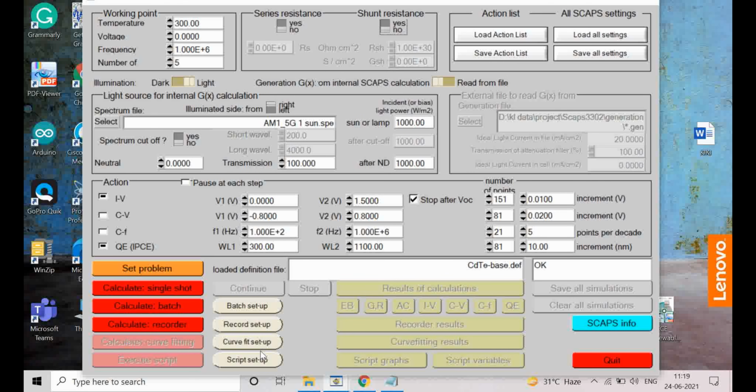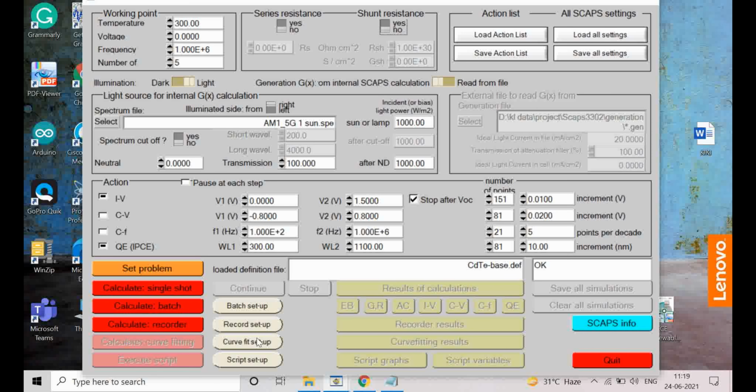Okay, so now what we have done is a variation of CDT thickness, and the dependence of efficiency on the thickness, that we have selected. We have not selected the IV curve, please note it. We have selected efficiency as a function of thickness of CDT. That we have selected.